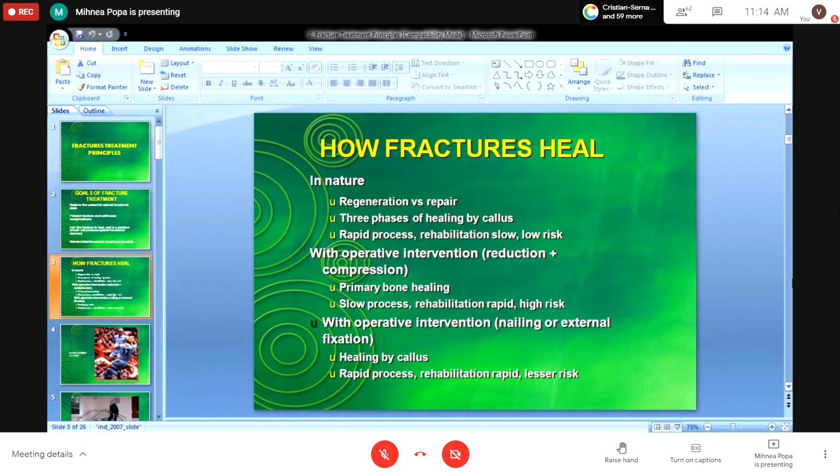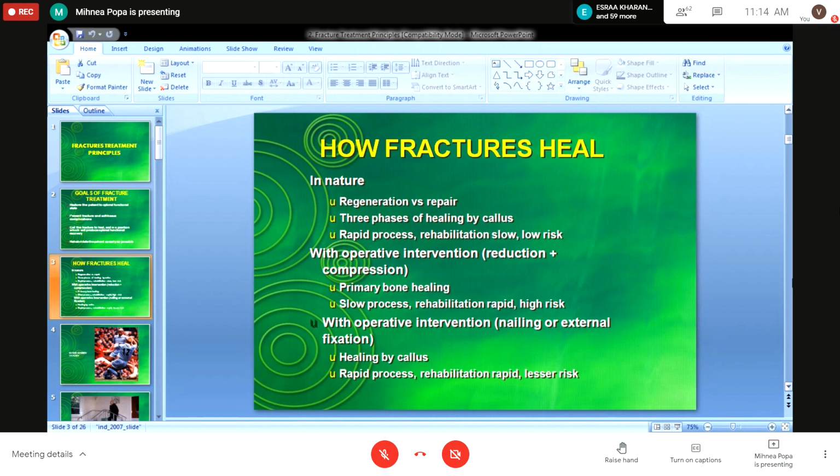callus. We have the first stage when we have the hematoma that organizes and accumulates around the fracture. In this phase that takes from 7 to 10 days, we don't have any resistance in that region. Why? Because it's just a hematoma and some cells that are coming there, but they do not have any structure. In time, we go to the next